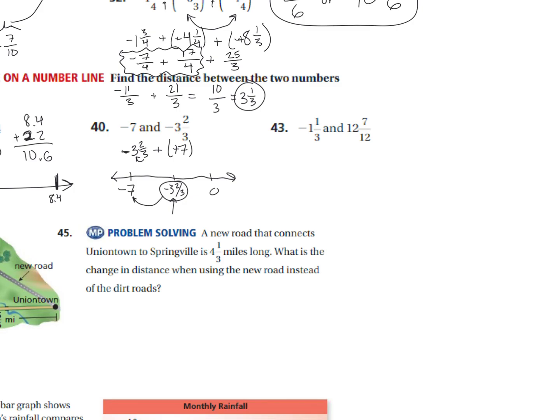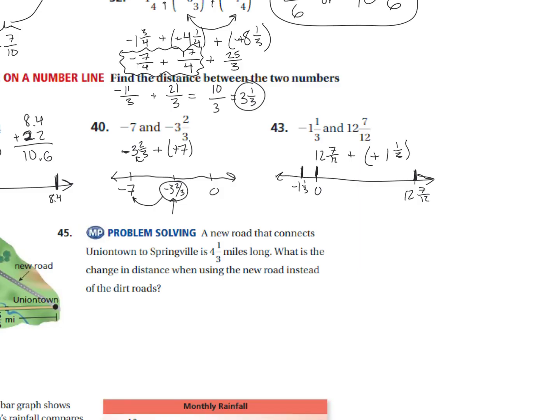Okay, lastly here, again, on a number line, this would look something like this. They would have 0 right here. Negative 1 1/3 would be pretty close to it, and 12 7/12 would be way over here. Okay, I'm going to take 12 7/12, subtract a negative 1 1/3. Again, this makes sense that I'm going to actually be adding positive here because I need to go beyond 0